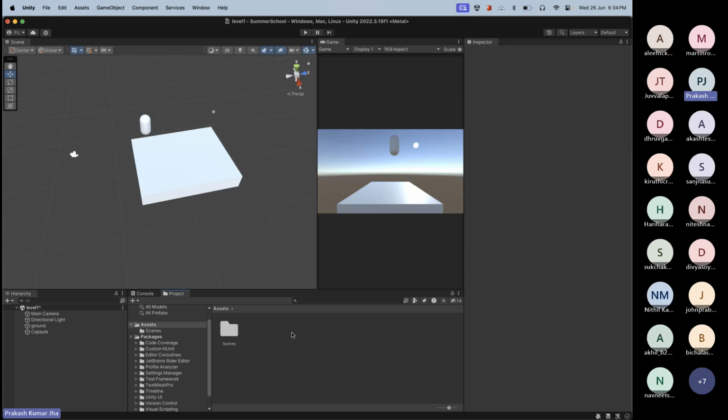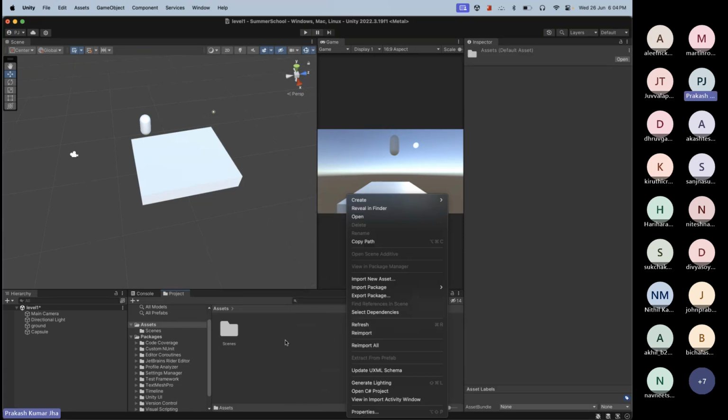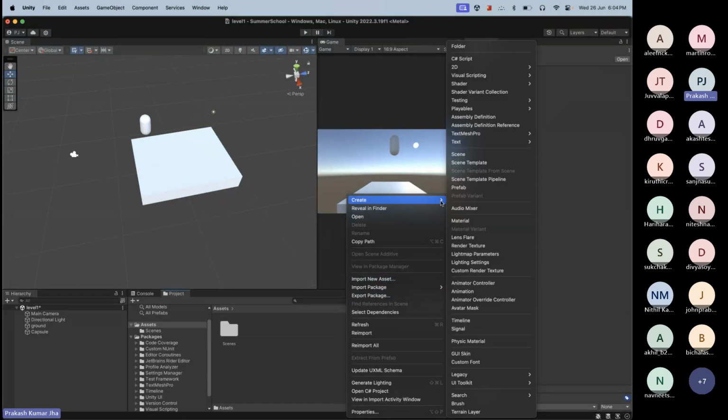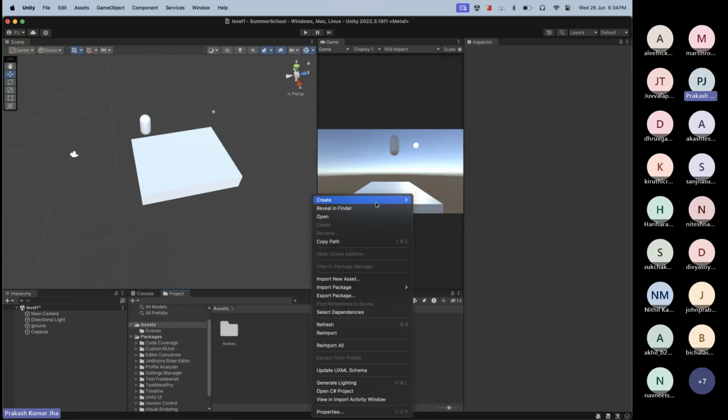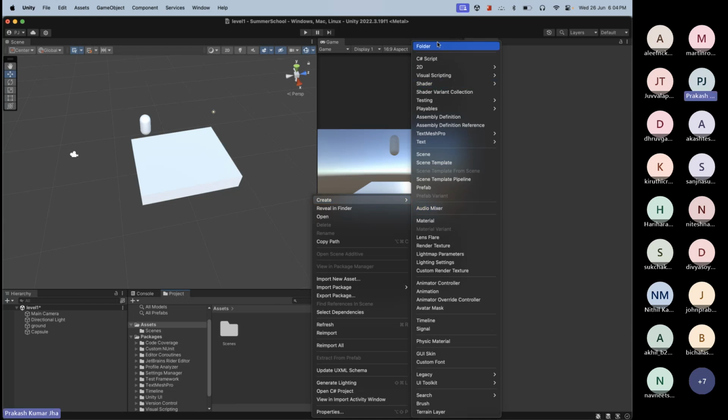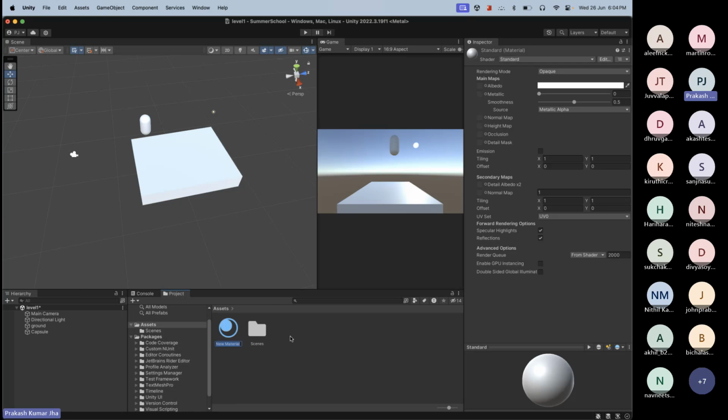If you right click over this asset window, you will see some options here. If you go to create, you will see many things, like here also. So you can basically create over assets also. If you go to create, you will see a material option. What this material does is I can create a material for different objects and then attach that material to any game object that I have. Like if this ground is there that I made,